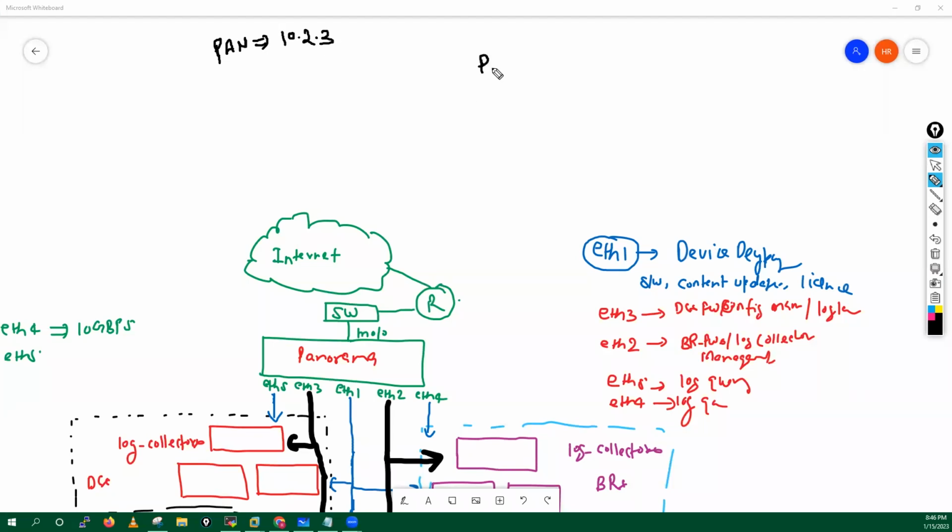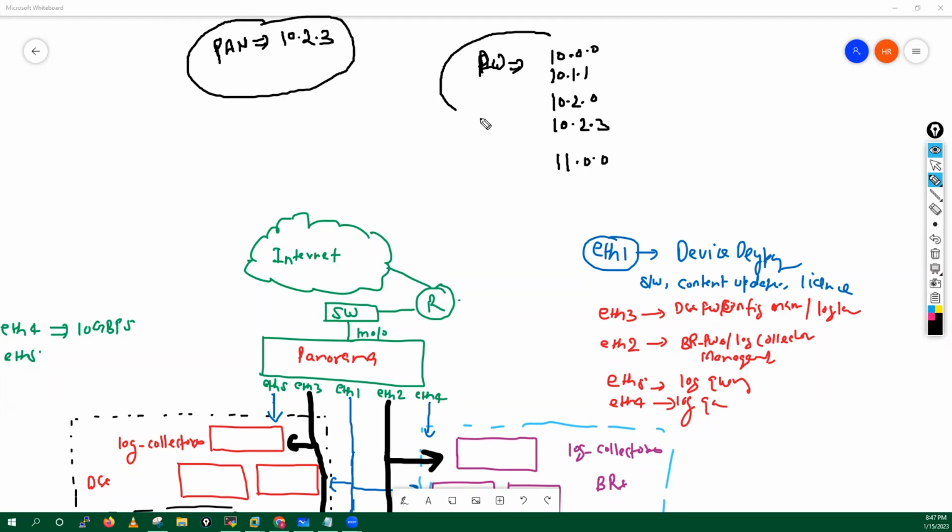And let's suppose some Palo Alto firewalls are running version 10.0.0, some are running 10.1.1, some are running 10.2.0, some are running 10.2.3, and some are running 11. In that case, this Panorama can manage the firewalls running the same version or the lesser one.